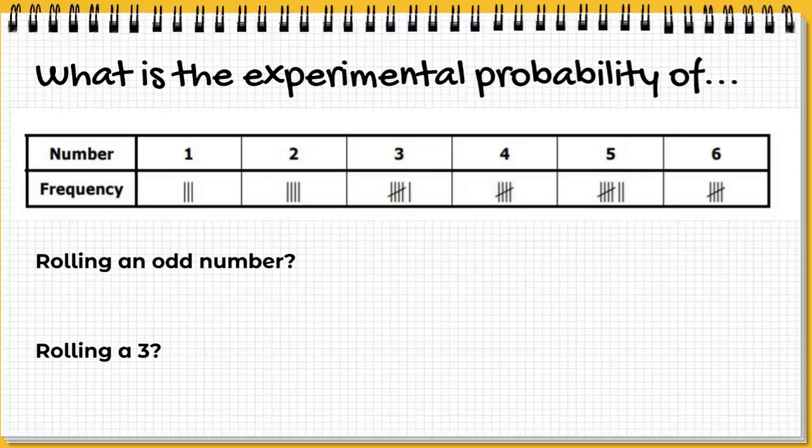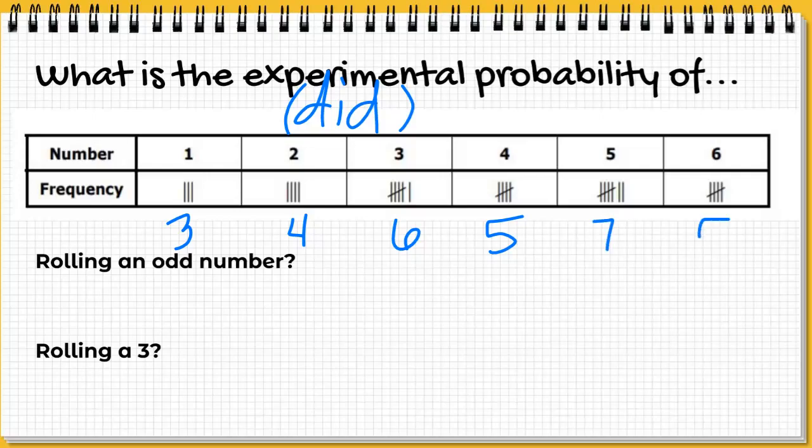Now we want to know the experimental probability. So this is what did happen. And notice we're now given a frequency table with all the numbers on the 6-sided die and how often they were rolled. So I see that 1 was rolled 3 times, 2 was rolled 4 times, 3 was rolled 6, 4 was rolled 5, 5 was rolled 7 times, and 6 was rolled 5, which means altogether we rolled a total of